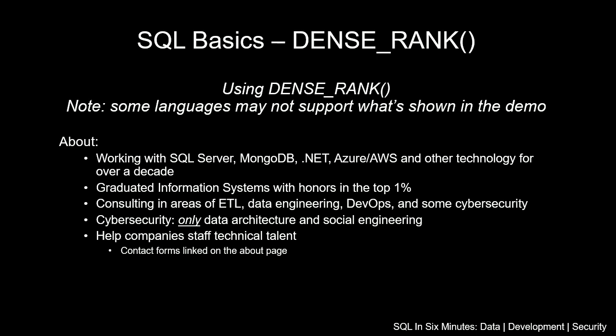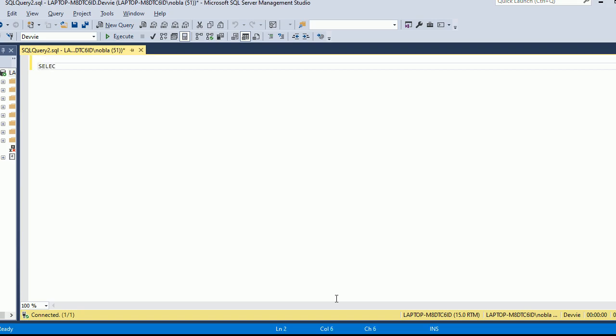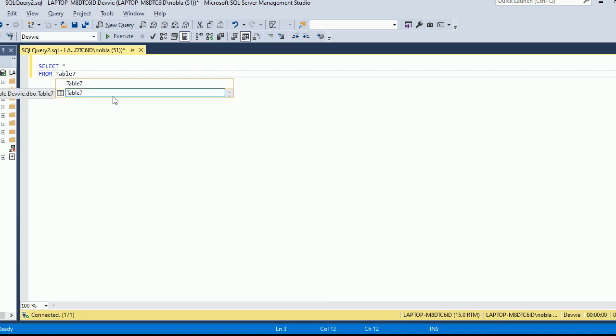In this video, we are going to be looking at dense rank, and we are going to be using dense rank as the operator. Just as a note, some languages may not support what's shown in this demo. In this example, we're going to be looking at some structure of data in which we have products and